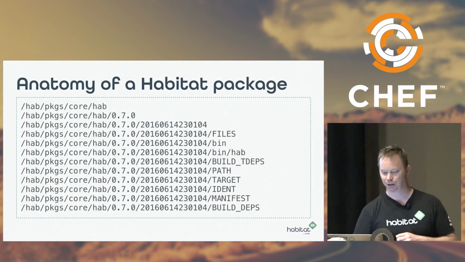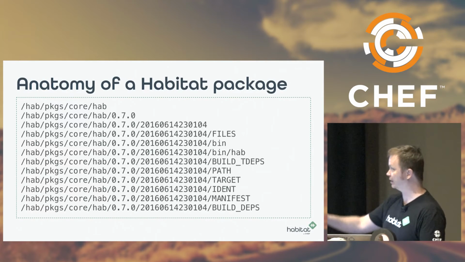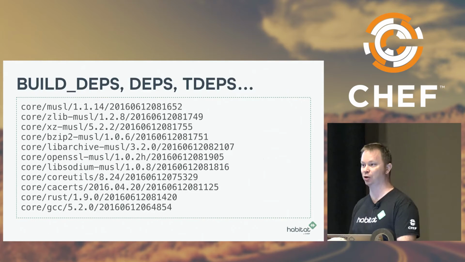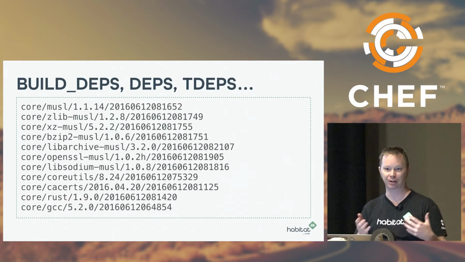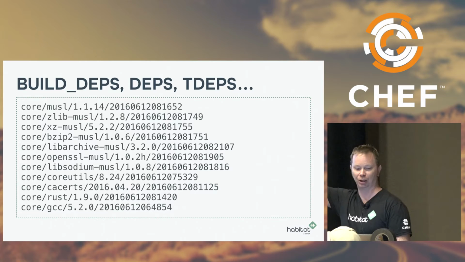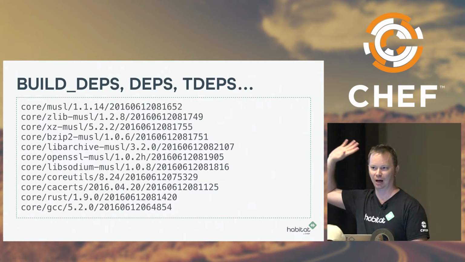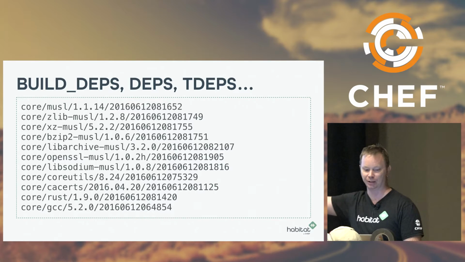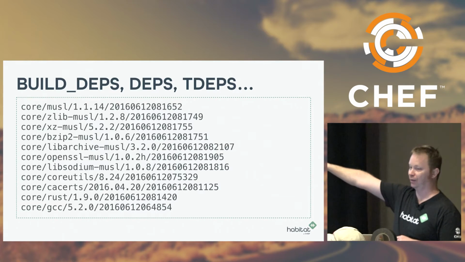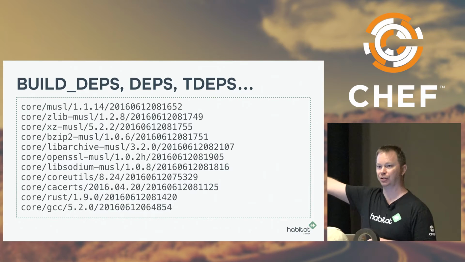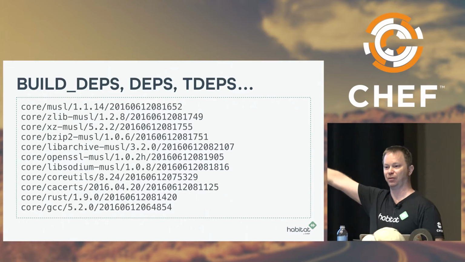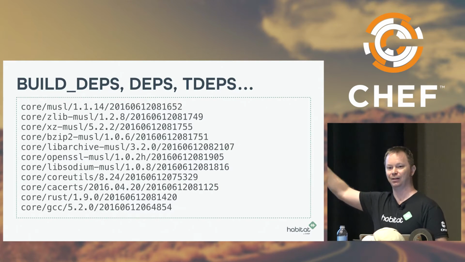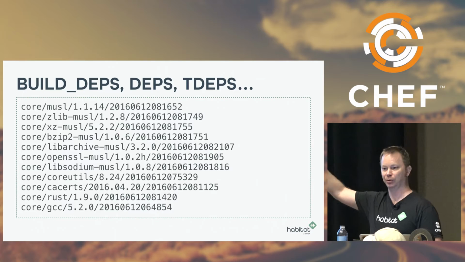The Hab package doesn't have any deps. There isn't a deps file because it has no runtime dependencies. Now, if I had a package that had a runtime dependency, like a Java app would depend on a JDK, so I'd have a JDK package, and it would be listed in here with core/openjdk/1.8. Whatever / and then a release. So all of these dependencies are the specific release of each one of those packages. So this way you know that when you install this package, it has these dependencies listed with these specific releases. So you can always get the same thing every time when you install it.